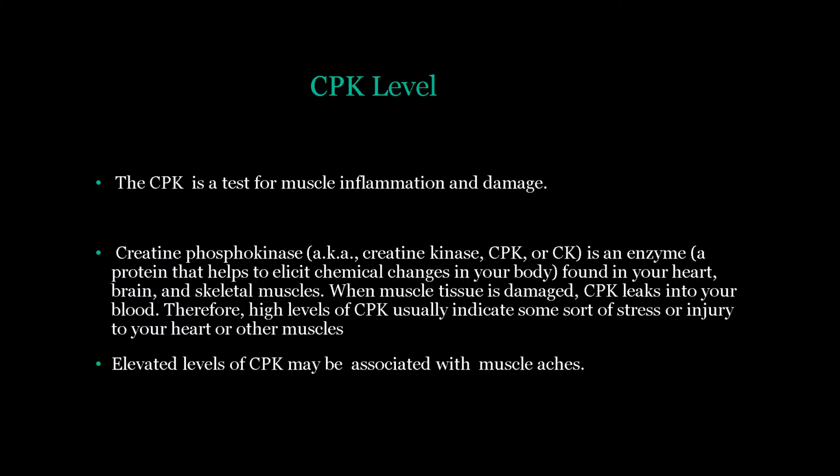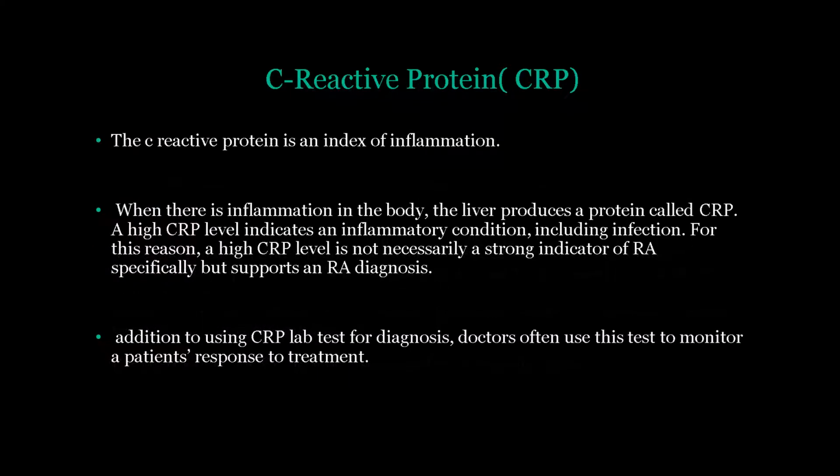Elevated levels have been associated with the C-reactive protein. This is an index of inflammation. It's also known as CRP. When there's inflammation in the body, the liver produces a protein called CRP. A high CRP level indicates an inflammatory condition, including an infection. For this reason, a high CRP is not necessarily a strong indicator of RA, but it specifically supports an RA diagnosis. In addition to CRP lab tests, doctors often use this test to monitor a patient's response to treatment